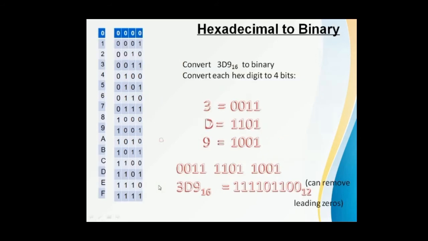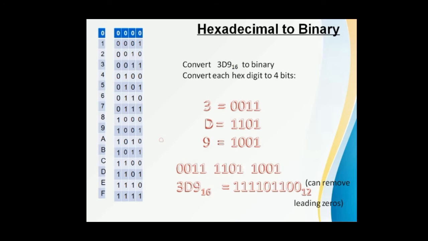To convert a hexadecimal number to binary, we can use another table. Here in the first column we have to write 8 times 0, 8 times 1. In the second column we can write 4 times 0, 4 times 1. In the third column we can write 2 times 0, 2 times 1. In the fourth column we can write 0, 1, 0, 1.